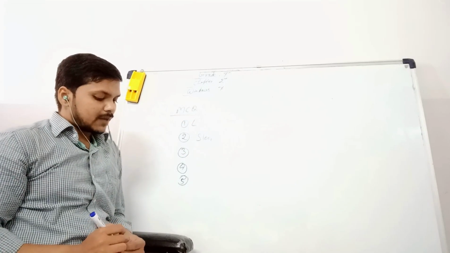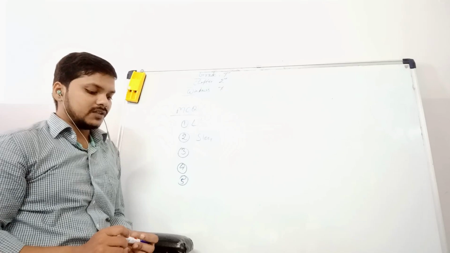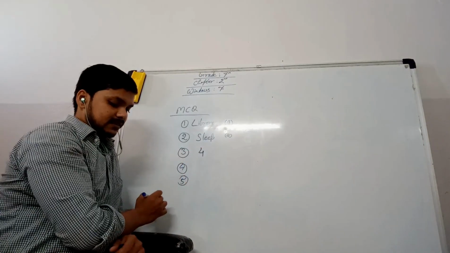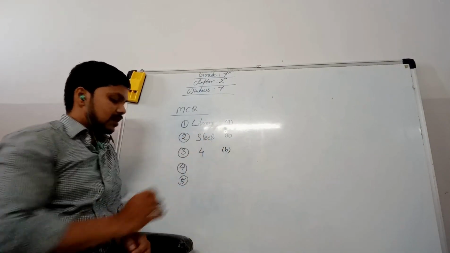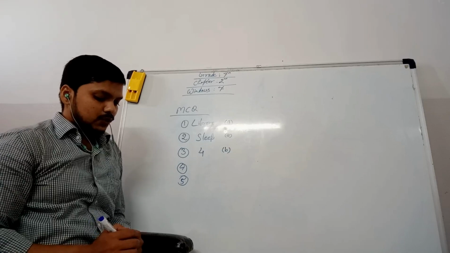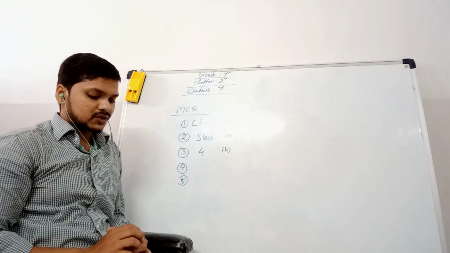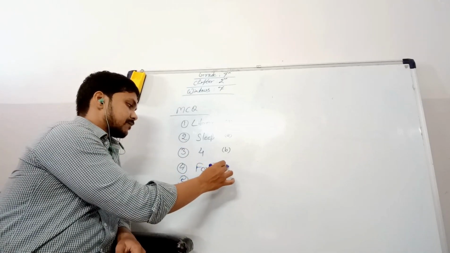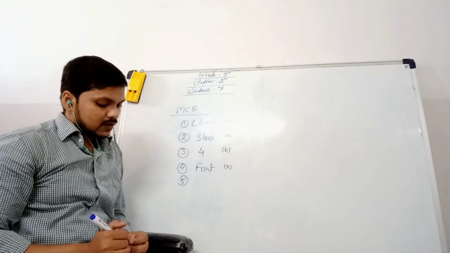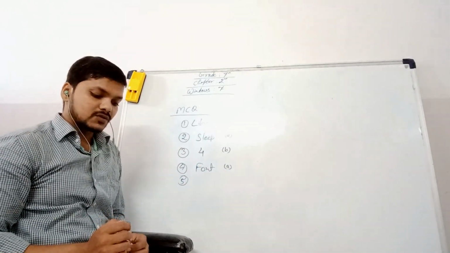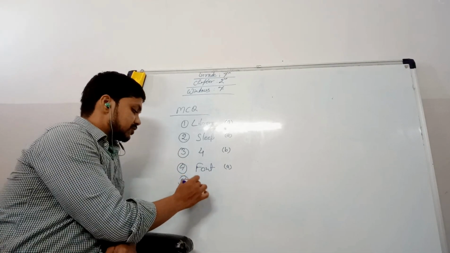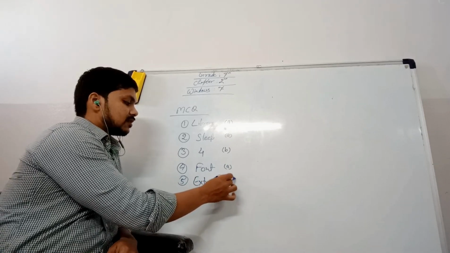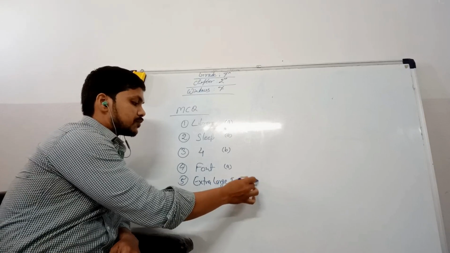Now third one, in Microsoft Office 2007, the width of a file extension is of how many characters? This is 4 characters, and this is B option. Now fourth, what setting is used to change the display of text on the screen and the printed text? That is called font setting, and it's option A. Now last fifth is, what view displays the gigantic icons of files and folders? These are extra large icons. So we have to write here extra large icons, and this is C option.